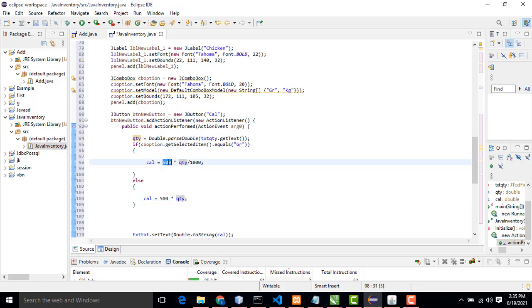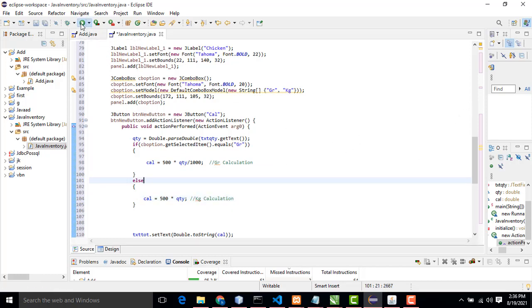This is a gram calculation, this is a kilogram calculation. Very simple way.